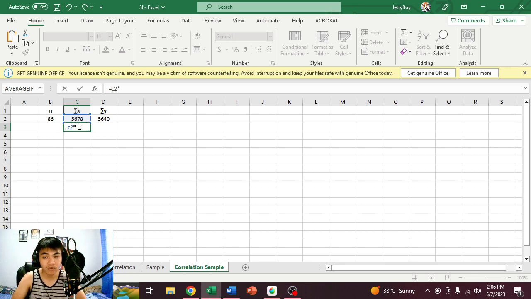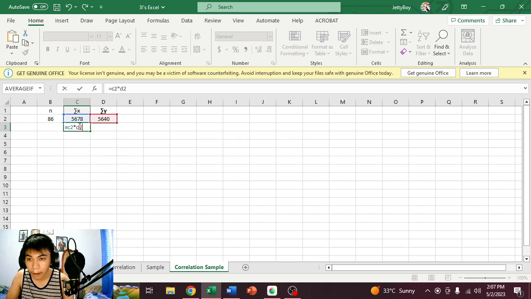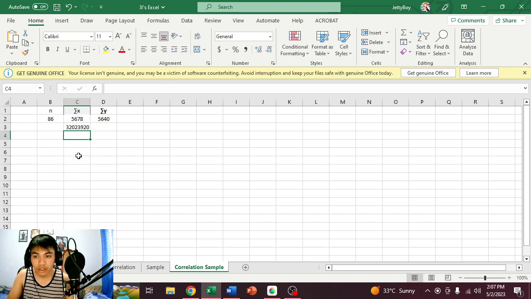coefficient. The Pearson R coefficient won't be around -1 to +1. If you're computing for the Pearson correlation R, the value will always range from -1 up to +1. That is the domain, or the range rather, of computing for the Pearson correlation coefficient. So that, okay. So if you end up with a large value like that,